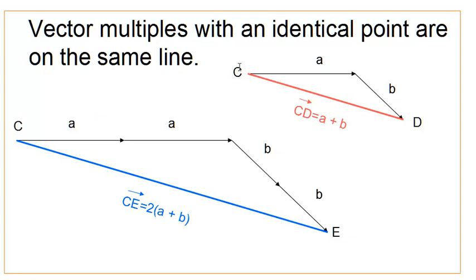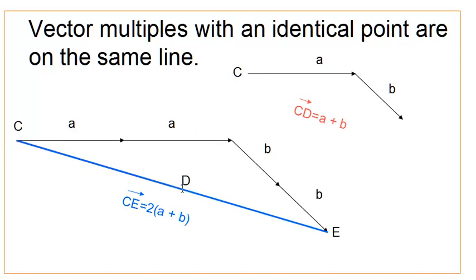We're saying this other one starts at C as well, so it's not really in this space, so let's put it where it should be, and this one's going C to D. C to D is A plus B, and C to E is 2A plus B, twice as much, but we're saying that they're parallel. So let's have a look. Which I think we can see, if we now look at CD, which was from here, is now mapped onto